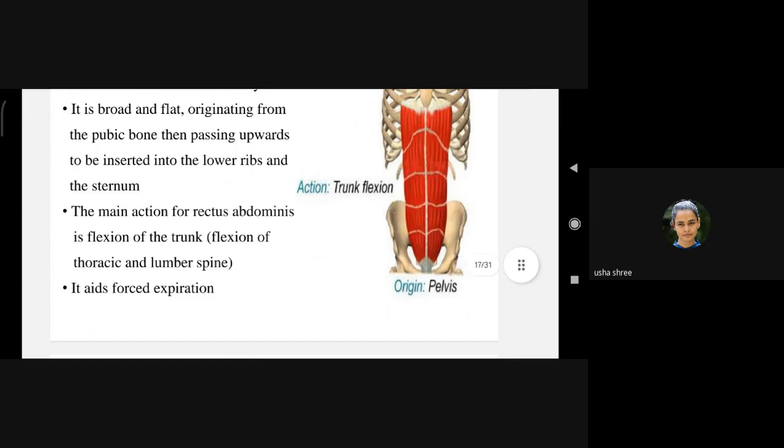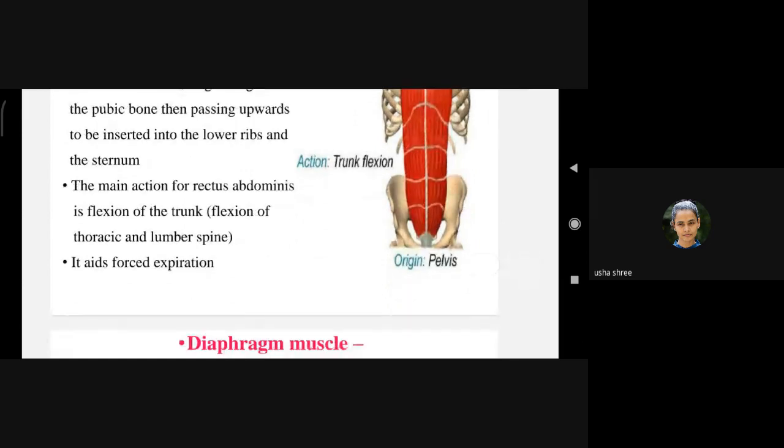So it aids forced expiration. So in daily routine or during pranayam, if we want to realize, then do force breathing, like deep breathing. Deep breathing means inhale deeply and exhale completely. When we are exhaling completely with force, then this rectus abdominis muscle will obviously flex down